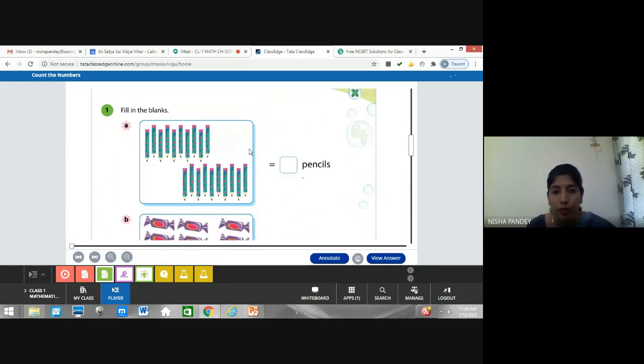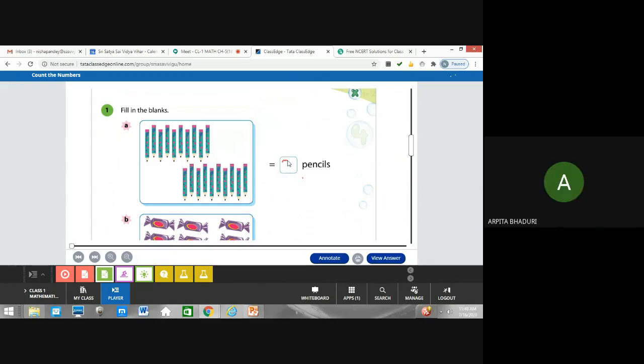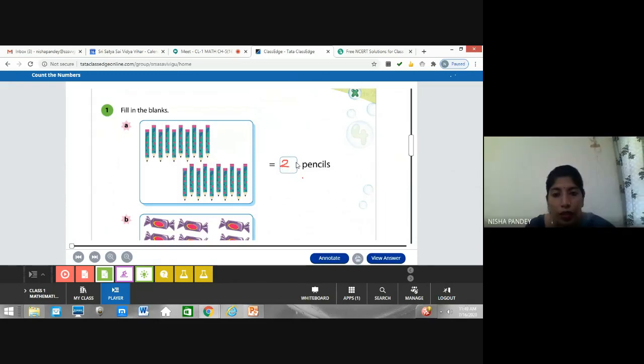So it's a group of 10, we can say. Again, it's a group of 10. I have not counted here 11, 12, 13, 14. You can count like that also. But 10 plus 10 is 20, as we have just seen in the example above, right? So we are going to write here how much? 10 plus 10. How many pencils? Ma'am, 20. 20 pencils. Very good.